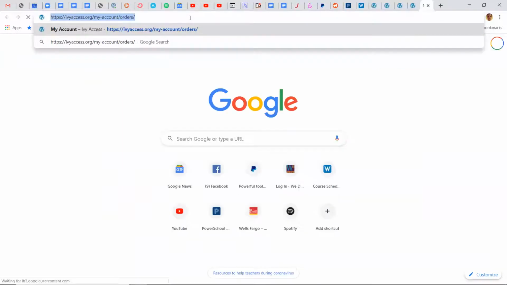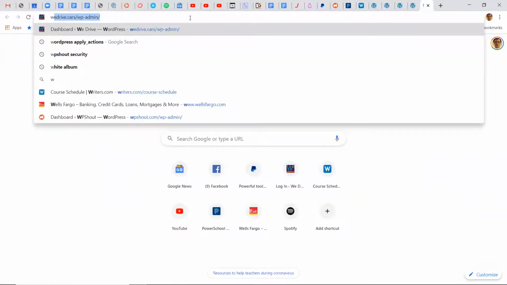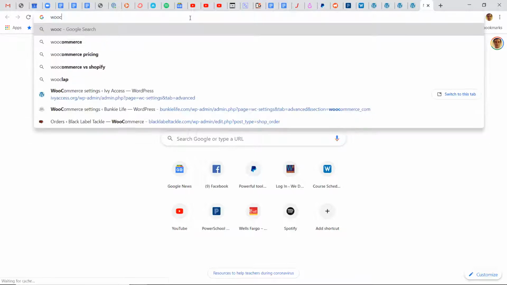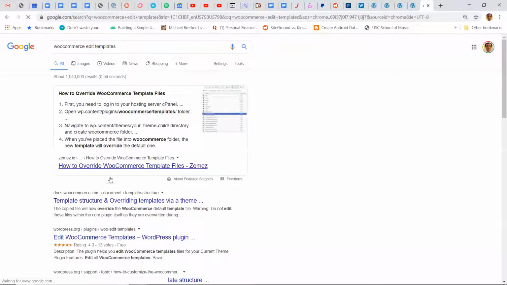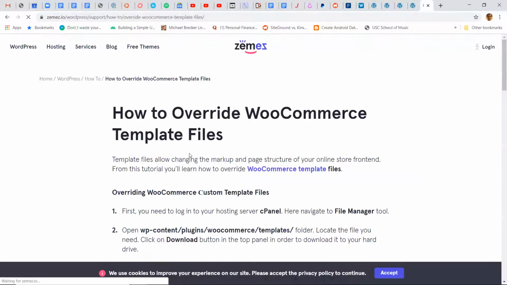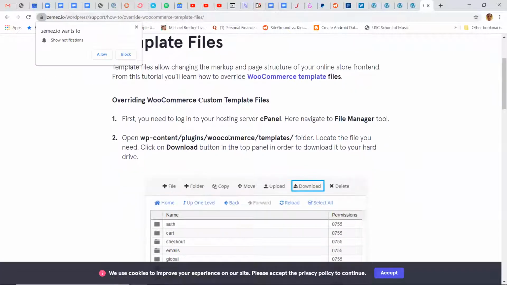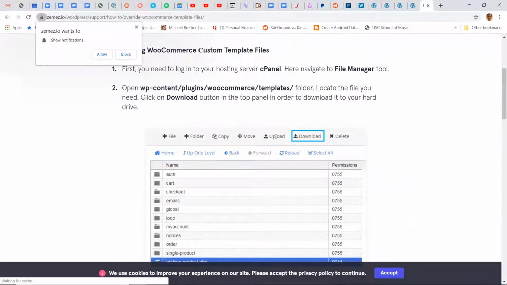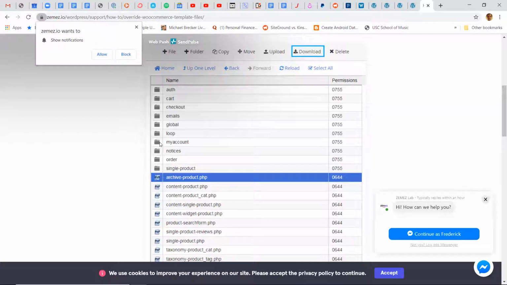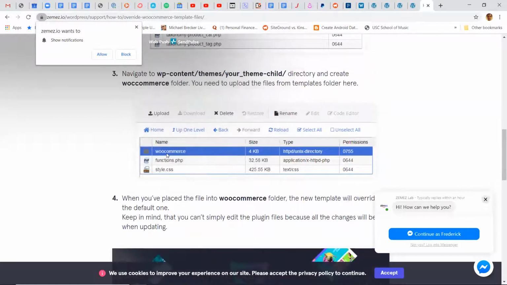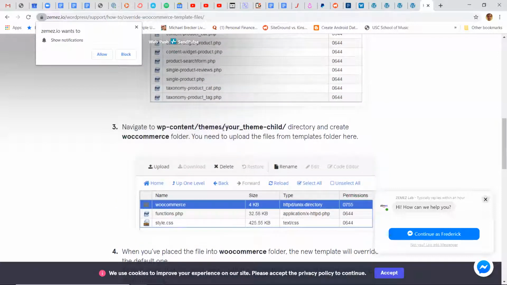So the pattern that I started to talk about 5 minutes ago, when I started this sentence with a lot of commas in it, is how to override WooCommerce template files. You take the WooCommerce templates folder, and in this case, it would maybe be the My Account folder within the WooCommerce templates folder, right? You paste that into the theme that's running.